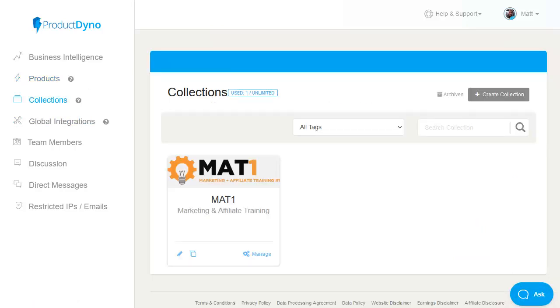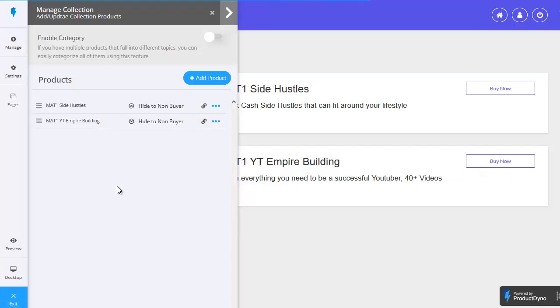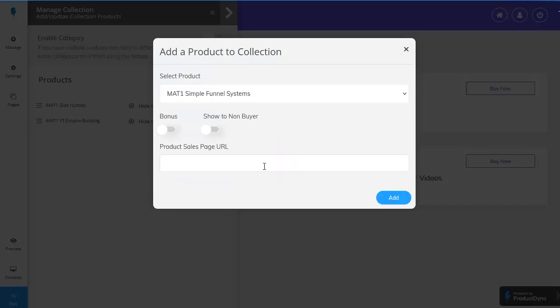Now you can see I've already set up a collection called Mat1, which is my Mat1 brand of products. Let's click on manage and head on in, and you can see that it has similar options available to those that you have in products. But when we click on Content Designer, all we're now doing is deciding which of our products are included within this collection. So let's include the new one that we've just added by clicking on add a product, choose it from the list, Mat1 Simple Funnel Systems, pop our sales page URL in there,